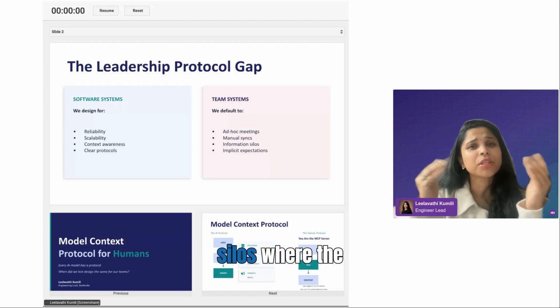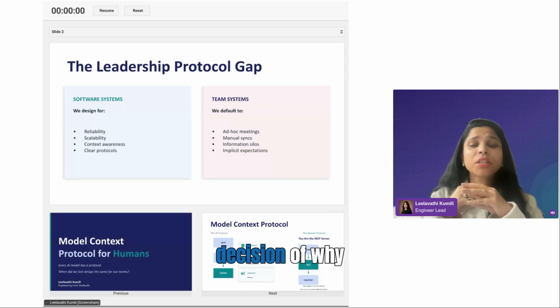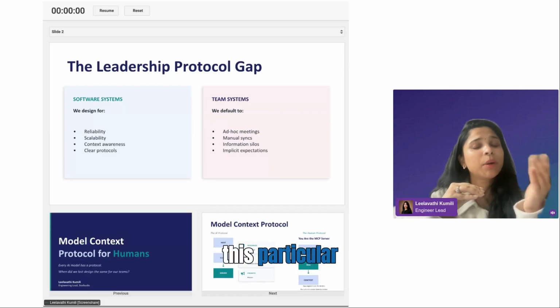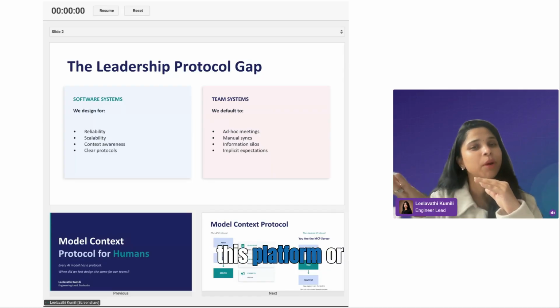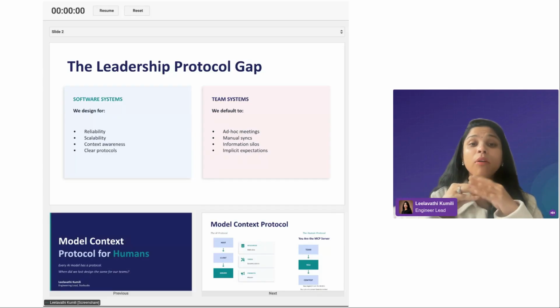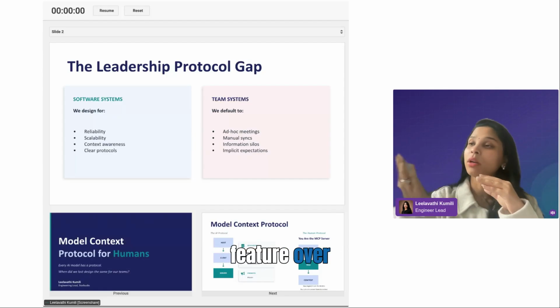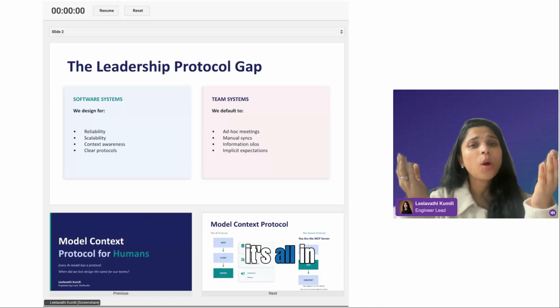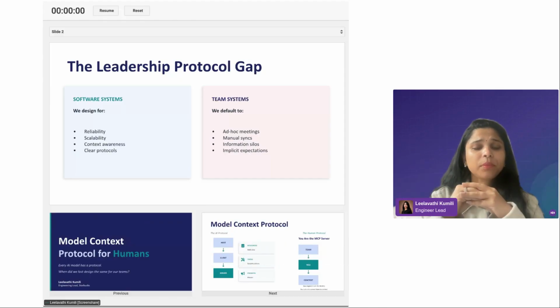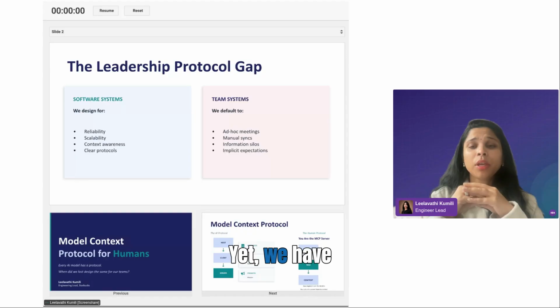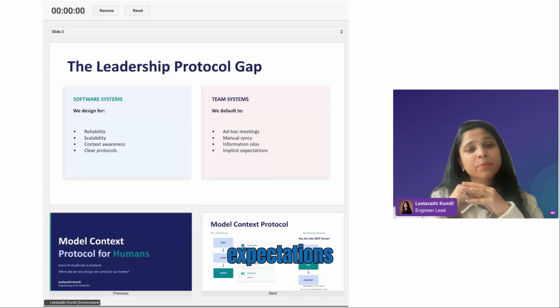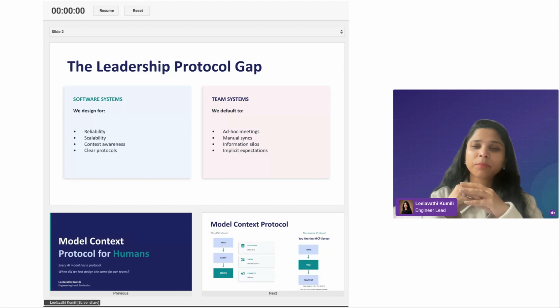The information silos, where the decision of why this particular tech stack is being chosen for this platform, or why we have prioritized this particular feature over another feature, it's all in someone's brain. Yet, we have implicit expectations from our team to know what good looks like.